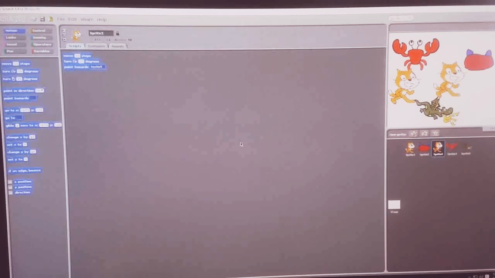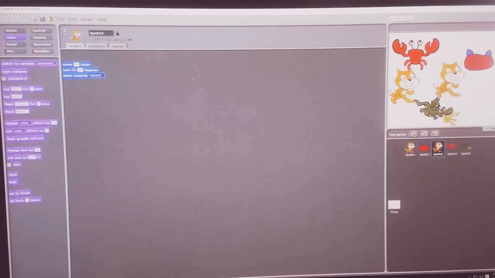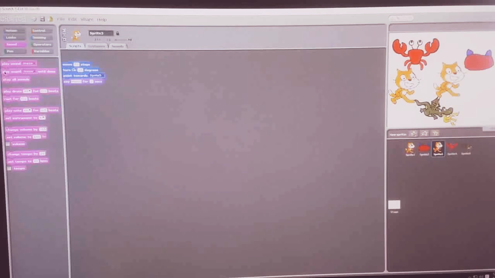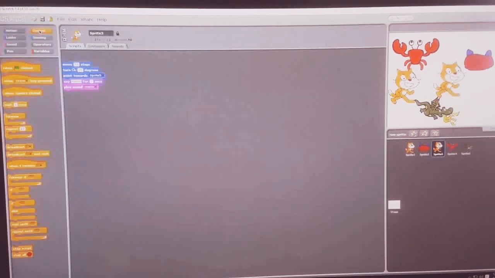Before we start, another option is looks. Switch to costume, you can change the costume. You can change the sound also, say hello or anything you can write here also. You can change the size. Sound option is there. You can make the sound. And the control option is there.